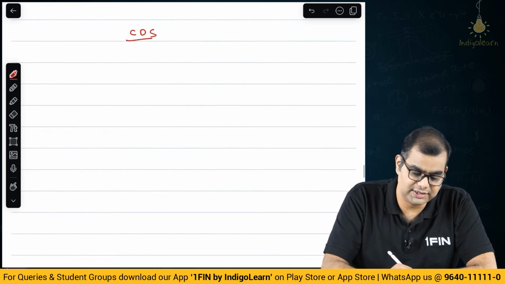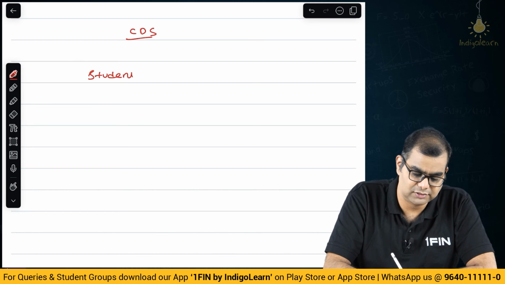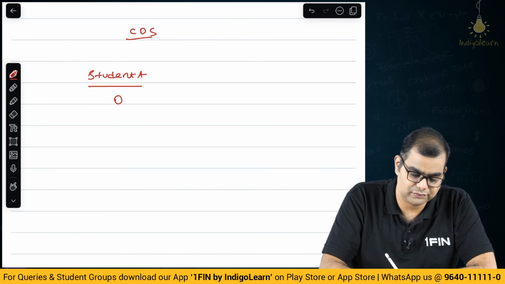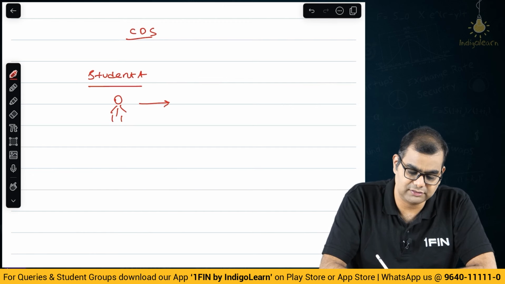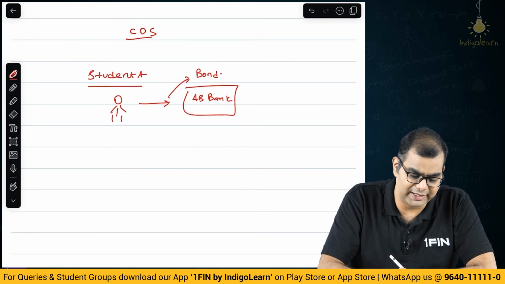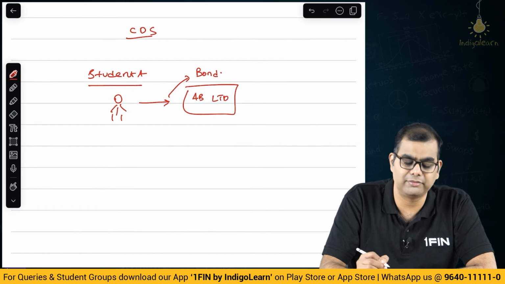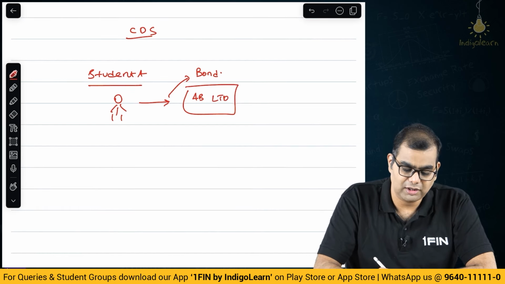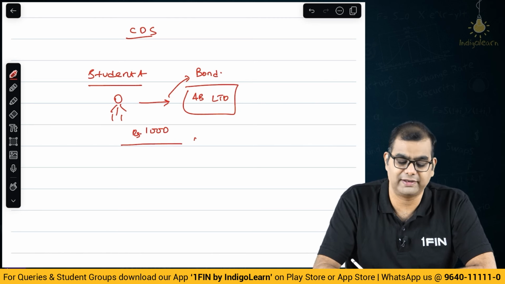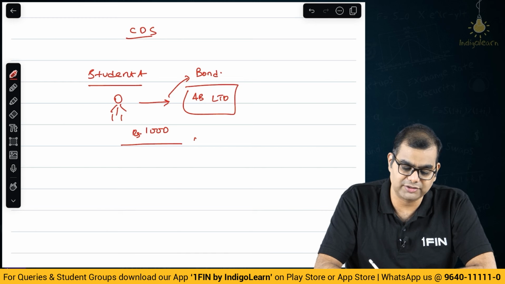Okay, let us call you student A. Student A goes and invests money in AB Bank. Invest money not in AB Bank, but a bond issued by AB Bank. Let me not call it a bank actually, let me change it, AB Limited. They were going to invest money in AB Limited. Now, let us say the student invests 1000 rupees. Okay, that is the money they have. Now, if you have a doubt that AB Limited may default,